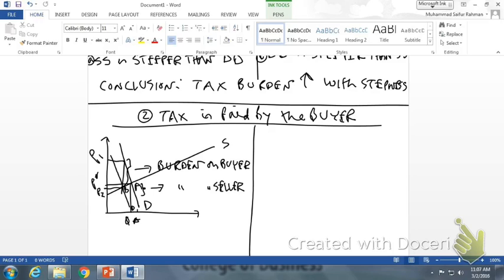In this case, the buyer is paying the larger share of the tax burden because P1 minus P star is much larger than P2 minus P star. Do we all see that? So in this case, let's write down what the case is. The case is our demand is steeper than supply,